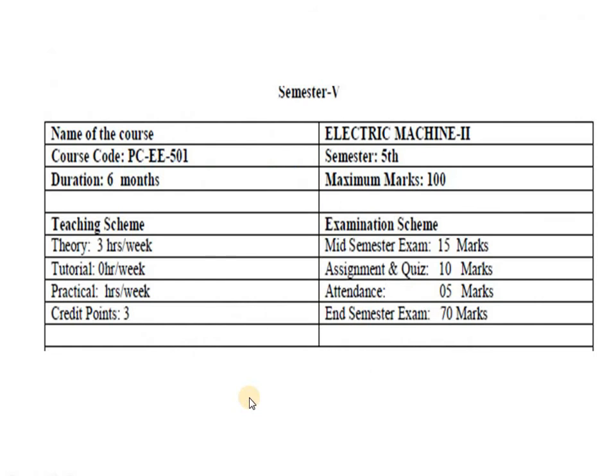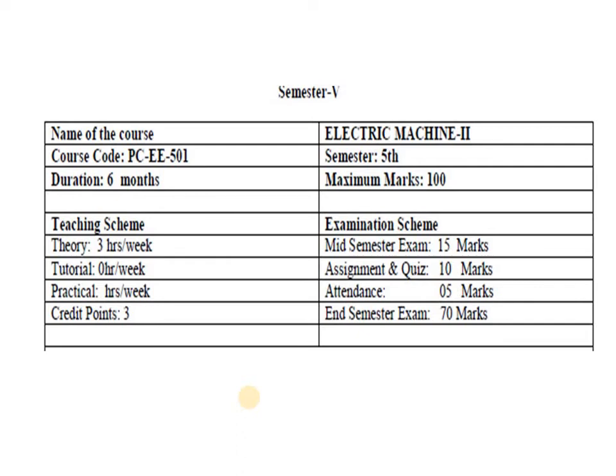First I will start with Electrical Machines 2 of the Knockout curriculum and its course structure. The paper code of Electrical Machine 2 is PCE 501. It is covered in semester 5th within a duration of 6 months. The maximum marks of this paper is 100, and the teaching scheme is theory of 3 lectures per week